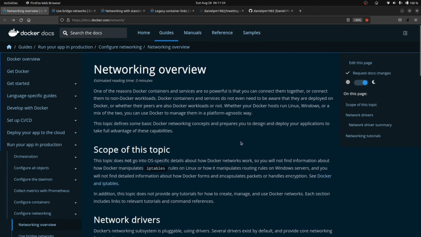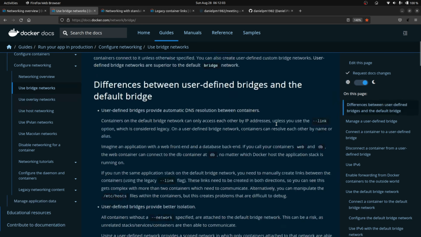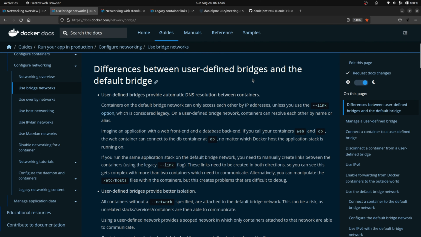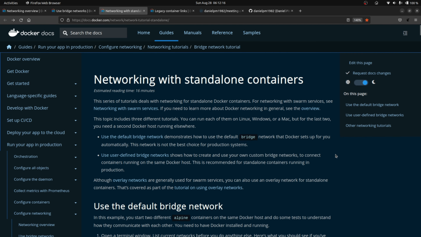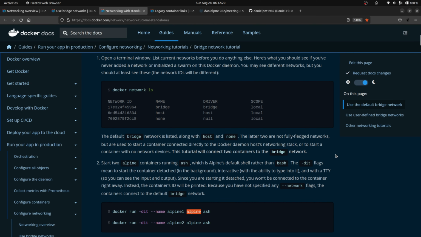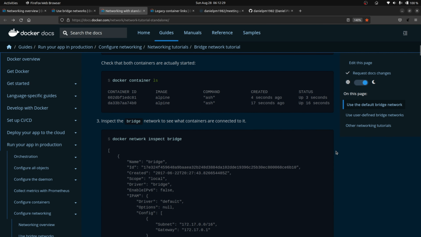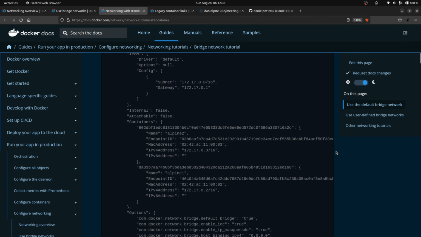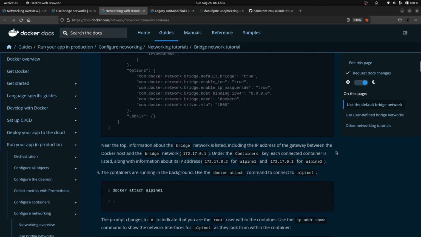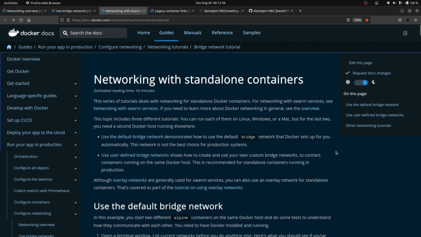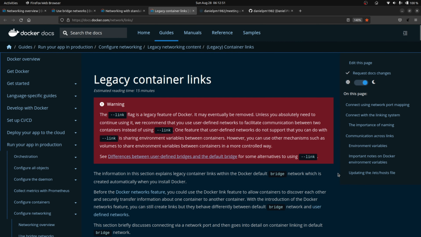The part about the drivers available by default, the part about the differences between default bridge network and user-defined bridge network, the part with the implementation of those examples for testing the connections between some number of containers and the default bridge network and user-defined bridge network with and without links, and finally the part about links when using default bridge networks